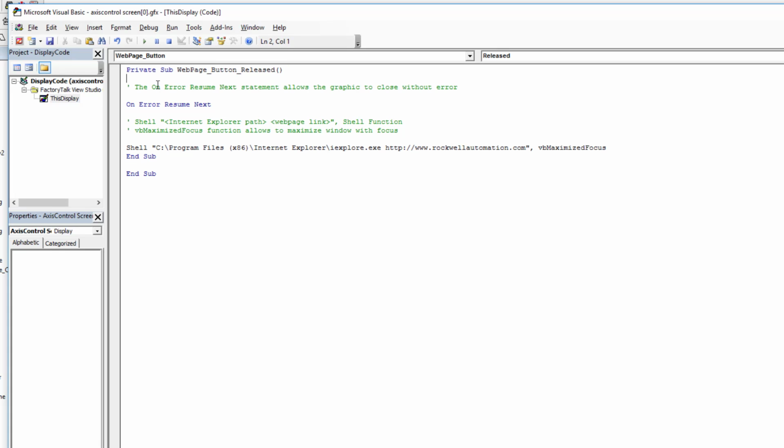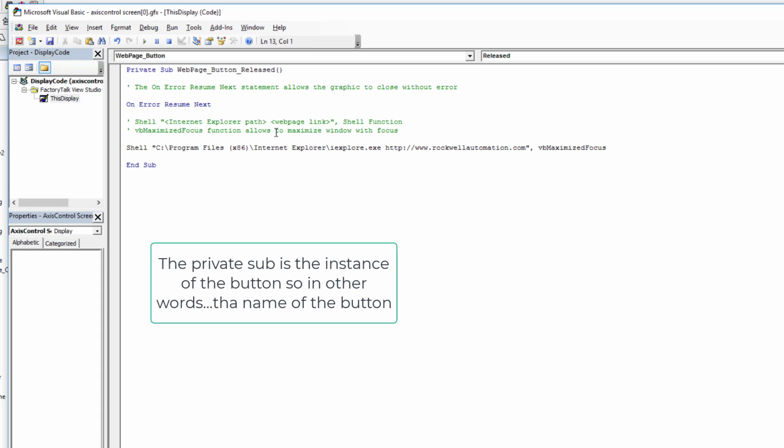Okay, so that's why I'm deleting that. Now let's talk quickly about how this VBA code works, and we're going to get rid of our end sub because we only need one end sub as well. Alright, so now that we've actually corrected that, let's go in here, and this uses the shell function, and it's